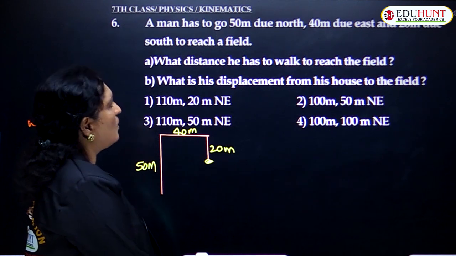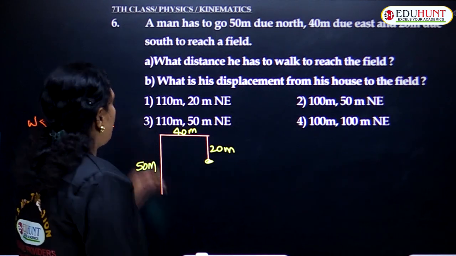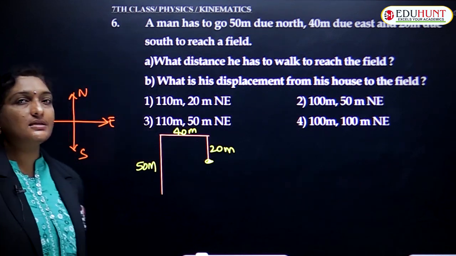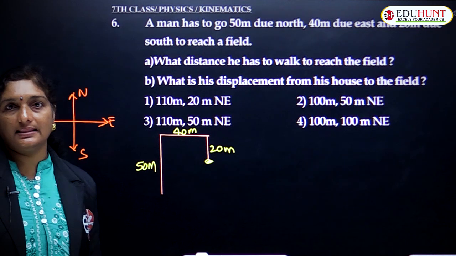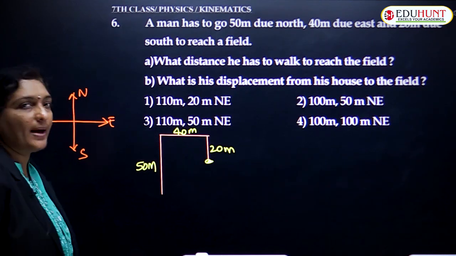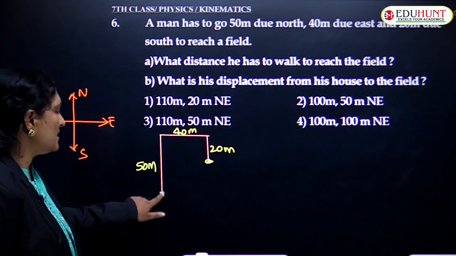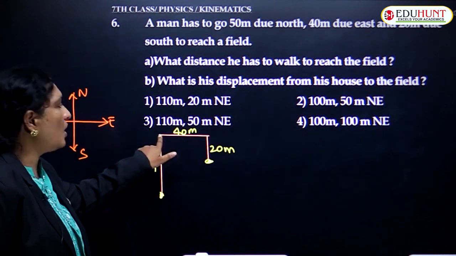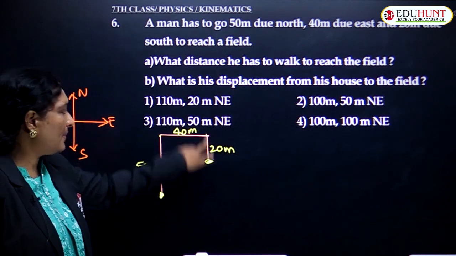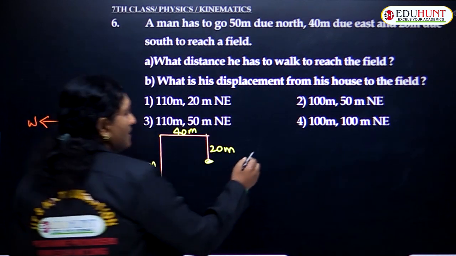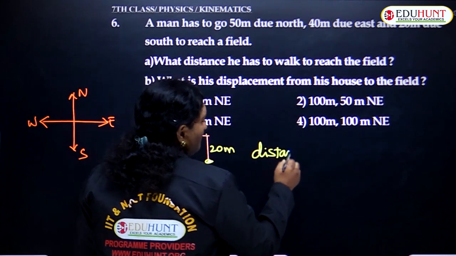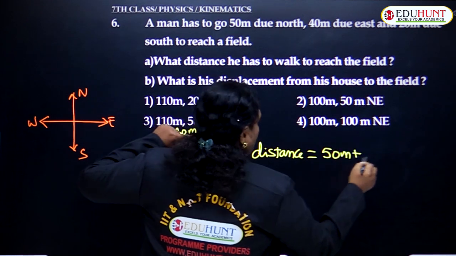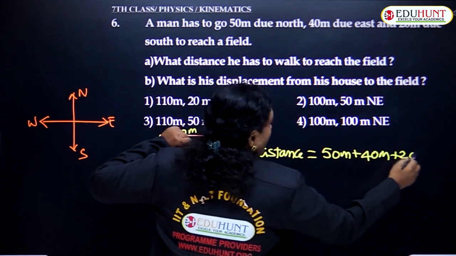What distance does he have to walk to reach the field? That is the first option. In the second one, he is asking for the displacement from his house to the field. Distance means the actual path length covered by the body. What is the actual path length covered? It was his initial position and it was his final position. The actual path is 50 meters north plus 40 meters east plus 20 meters south. That is, the total distance covered by the person is the actual path length, 50 plus 40 plus 20, and hence